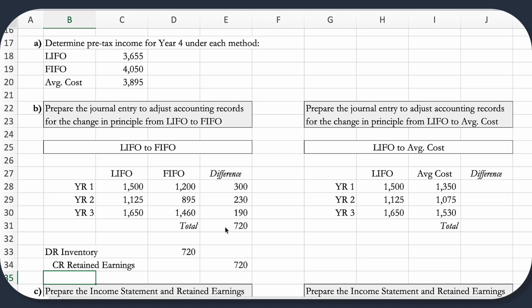Now, if we were to switch from LIFO to average cost, the effect is the same. It is a higher cost of goods sold that we have recognized in the prior 3 years. Again, we're only looking at the prior 3 years because we are in year 4. We can record cost of goods sold under the correct method in year 4. And we're going to do the same exact thing. We're going to debit inventory and credit retained earnings